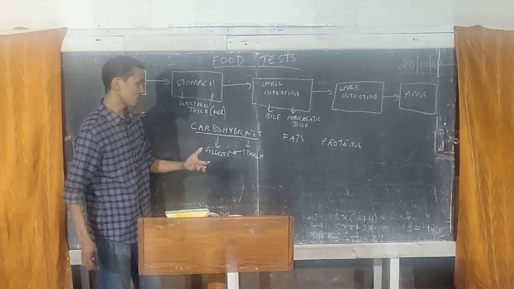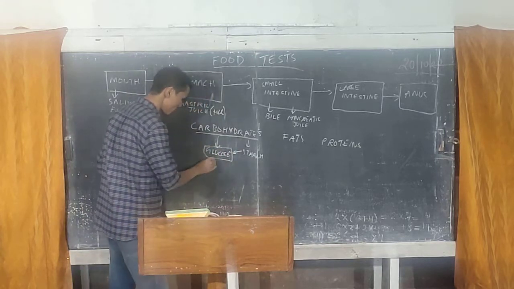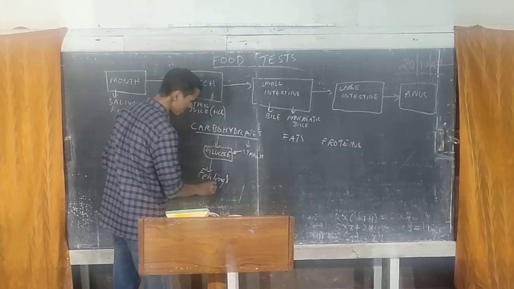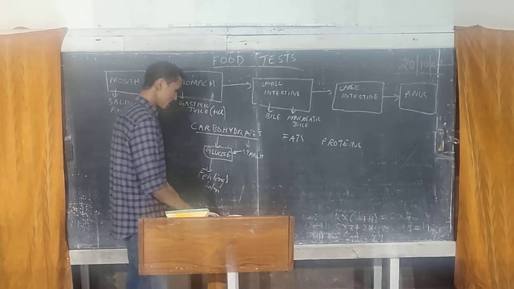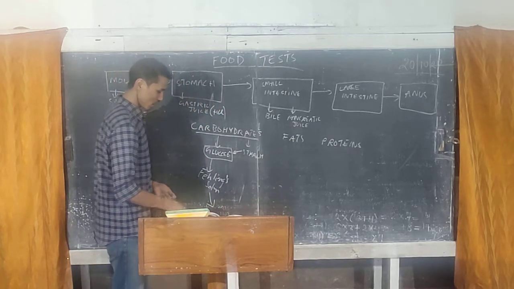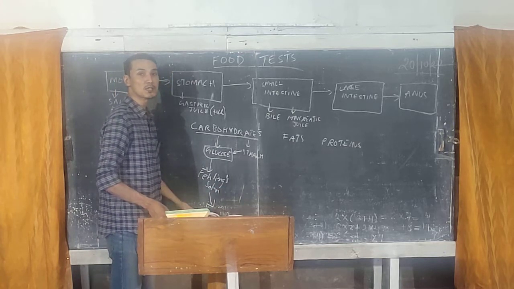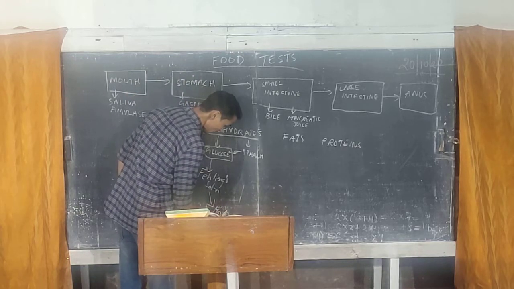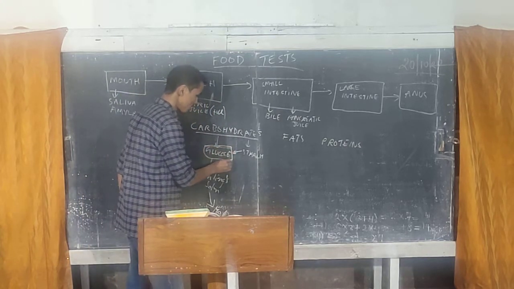So generally when we are testing whether a food has presence of glucose or not, what we do is we are going to add Fehling's solution. Fehling's solution is blue-green in color. Then we are going to heat the mixture slowly so that the mixture does not get boiled, but rather till it starts to produce small bubbles. And then in the end, what you will observe is formation of red precipitate, which proves that the given food